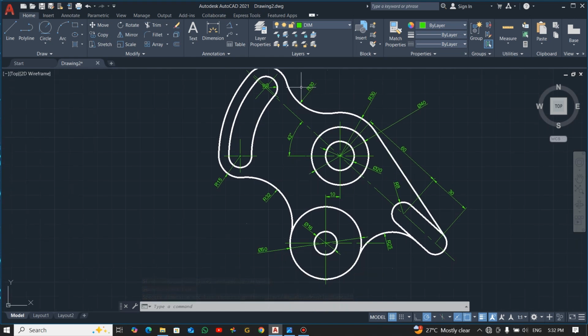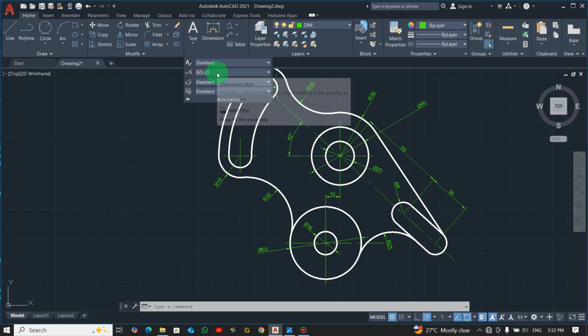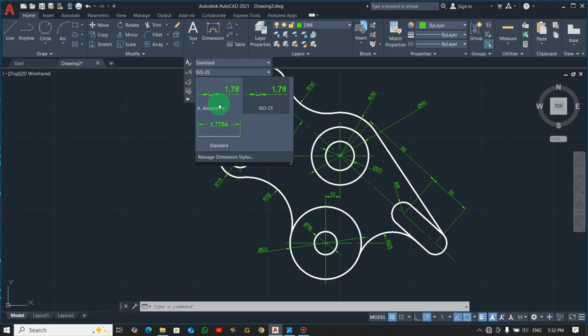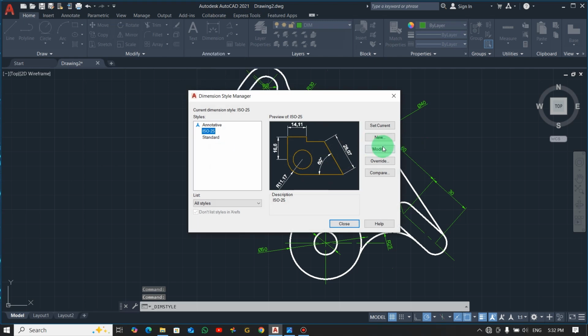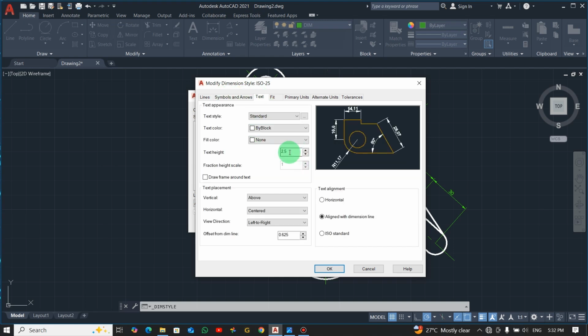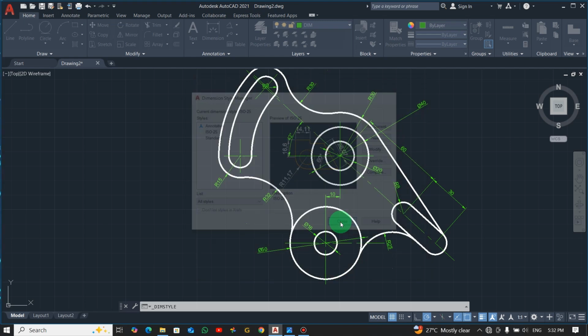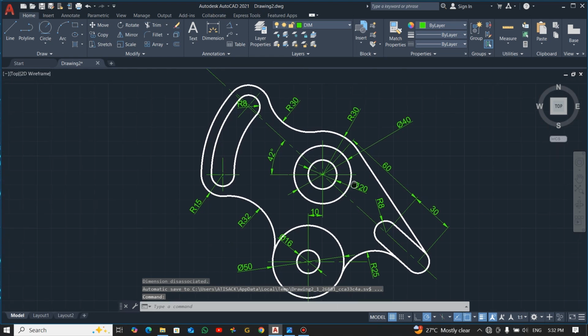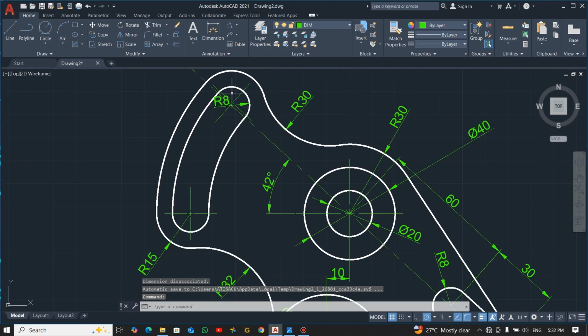Let's try and increase the thickness of the dimension. To do that, just go to annotate and go to manage dimension style, and then click here, manage dimension style, go to modify, and then increase. I'll just increase it to 4. That is symbol and arrow, make sure this is selected, change it to 4, then go to text, change it to the one you like. I would like to take 4. I think 4 will be okay. Yeah, it's visible now. So let me position this one well so that it will be out of